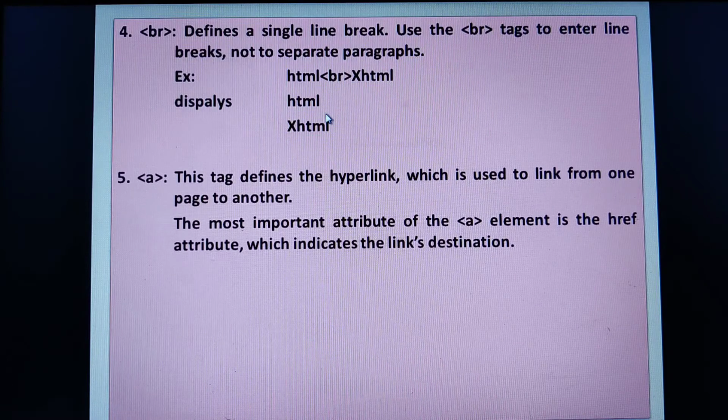Moving on to the next one, that is the A tag. Now the A tag actually stands for anchor tag. It is called an anchor tag that would help you to create the hyperlink. So what exactly is the hyperlink? When you open Chrome and search for specific information, you get a list of websites. When you click on any one of the links, it connects from that Chrome page to the particular website. So that will help you to link from one web page document to another web page document. That is what the hyperlink is.